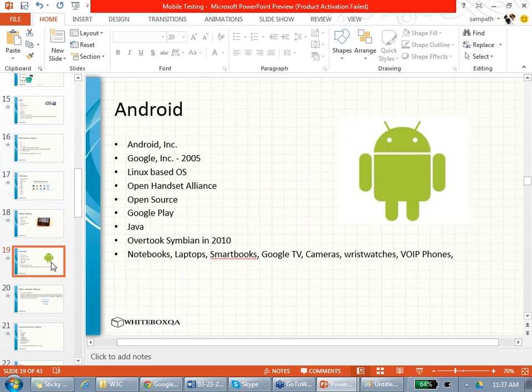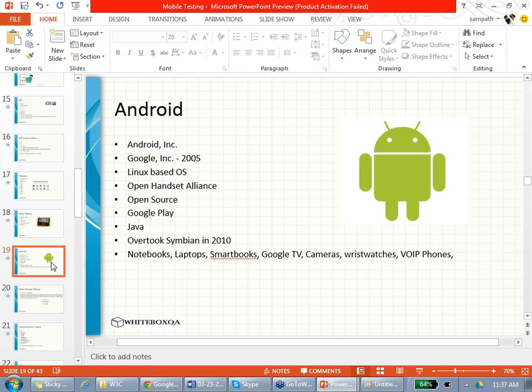Android was started by a company called Android itself, and Google used to fund it. That person had actually run out of money. His close friend lent him $10,000. That is a famous story, because he almost thought of closing the shop, but one close friend came and lent him like $10,000, and then Google came into the picture, took over, and they came to Google. So it was like a story.